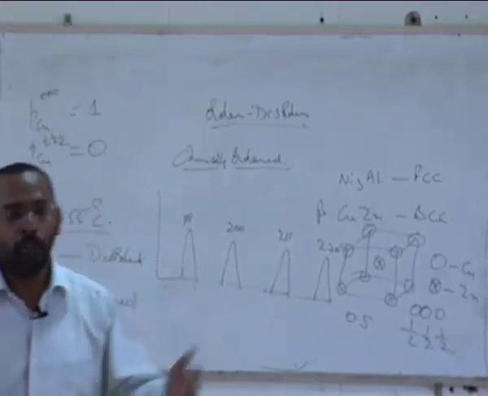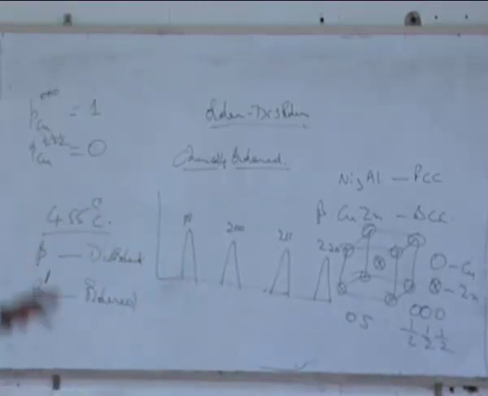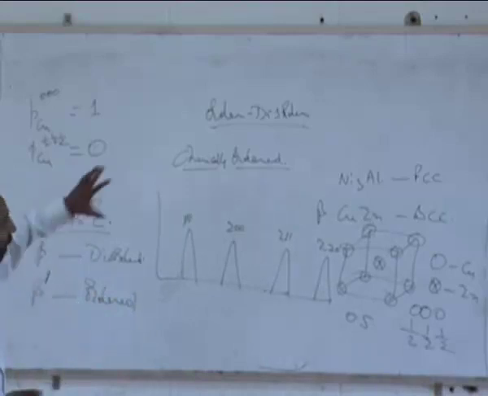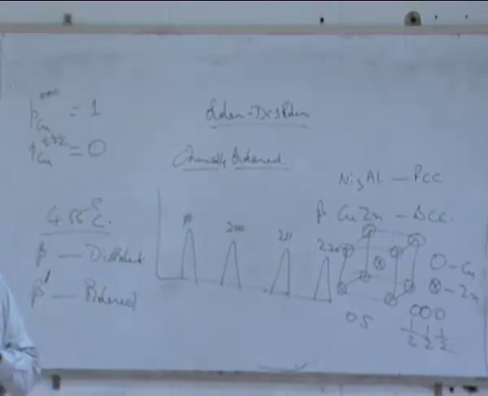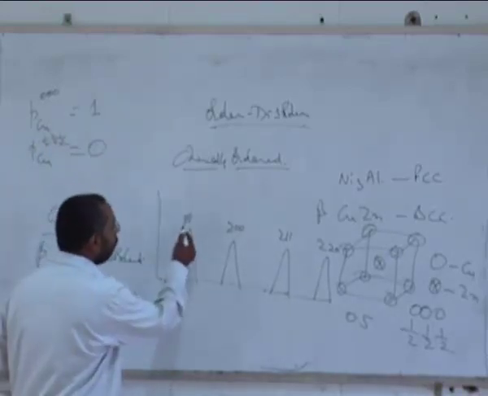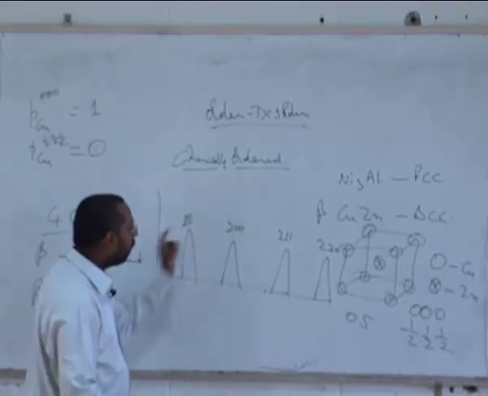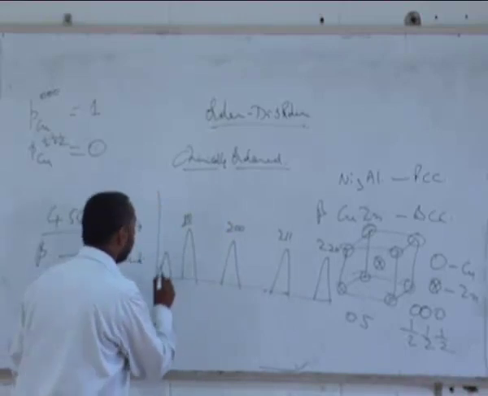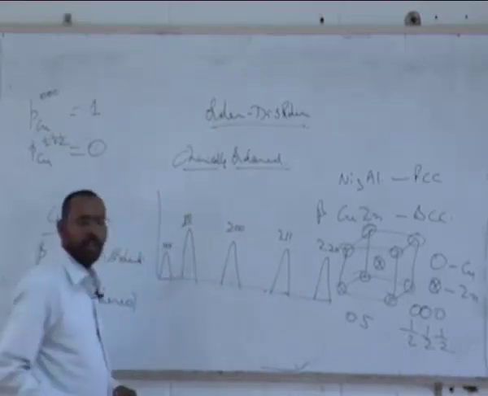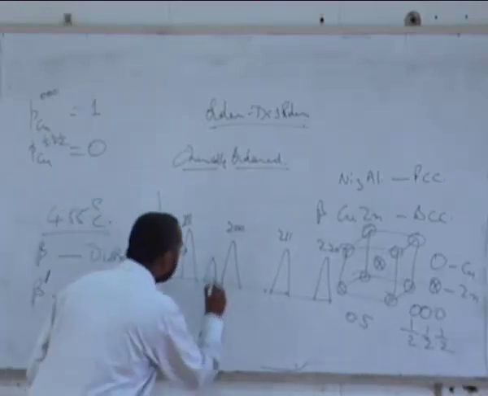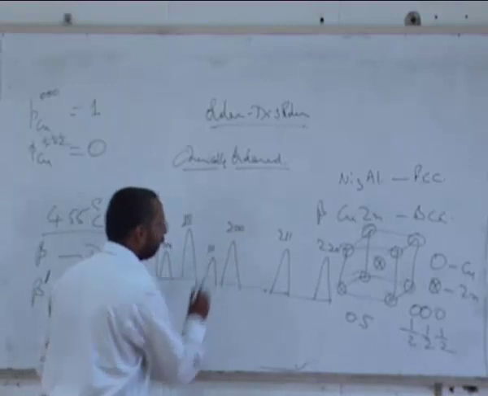And in fact, one can use this kind of argument to even calculate what is called the order parameter, and we have also talked about how to calculate the order parameter from X-ray diffraction. The reason why I want to bring this point here is the moment it becomes ordered, you get extra peaks. For example, 110 is the one which you get in a normal BCC. The moment it becomes ordered, you will get another peak which is called 100. Normally in a BCC you won't see 100. You will also see another peak between these two, which is called 111.